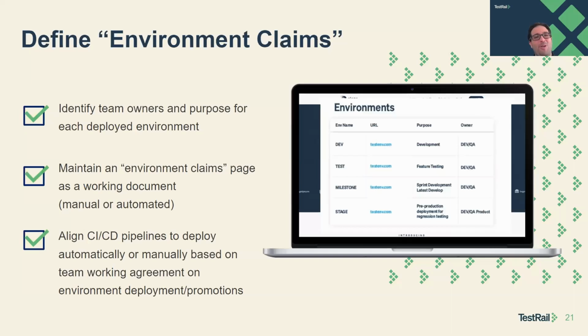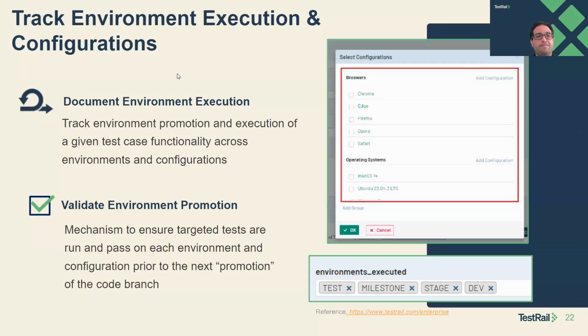And again, this comes back to working agreements. If I'm deploying a branch, how do I manage it in our pipeline? How do I do it for testing? Do I update an environments page? How do we track and own this across the team, working potentially globally, internationally, across time zones, this mixed environment? So having a way to manage quote unquote environment claims, whatever you want to call it, can really help or hinder the team. So something to think about.